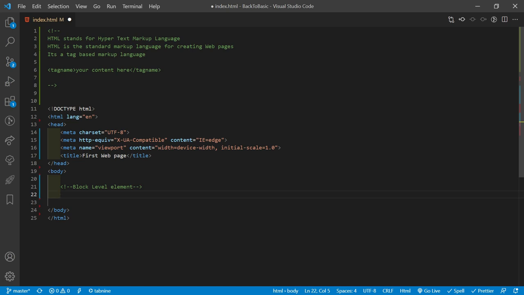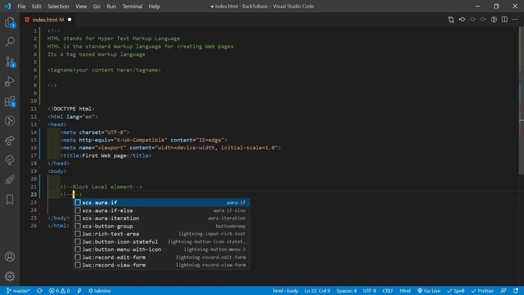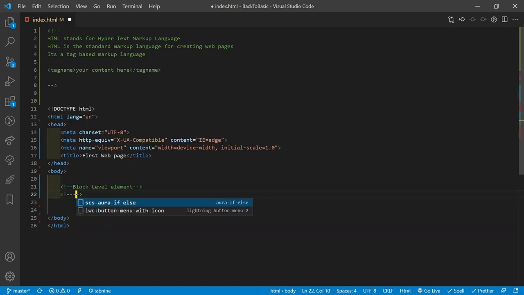These elements contain full width, and every content goes to a new line. It takes a new line every time. Let me comment first, block level element here.